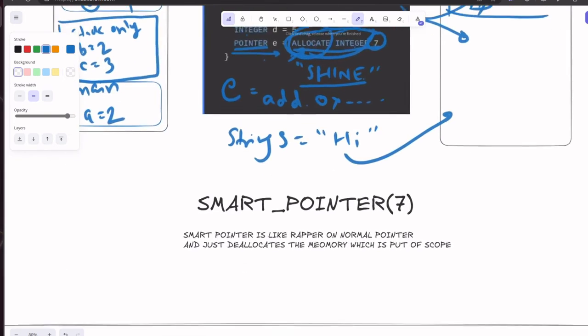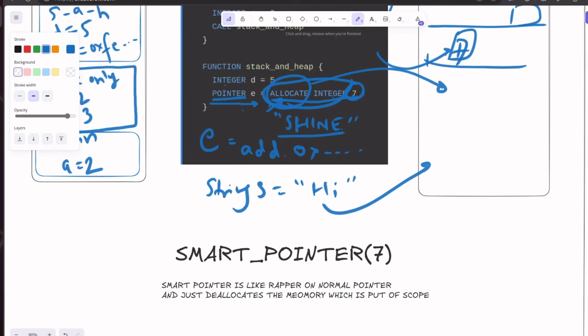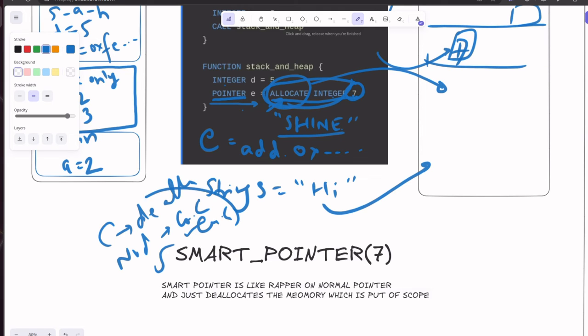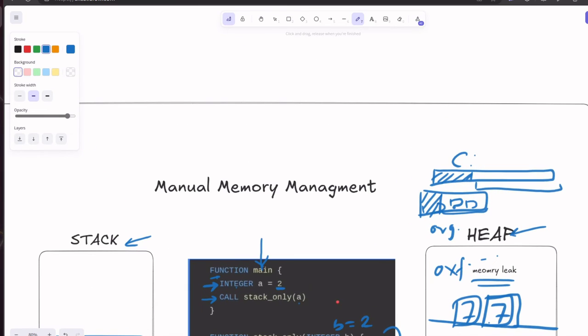Now here is a new concept. C had a deallocate, and other languages like Node and Java had a garbage collector. So what is a garbage collector? Let's revise. Garbage collector, okay, so the garbage collector has a job